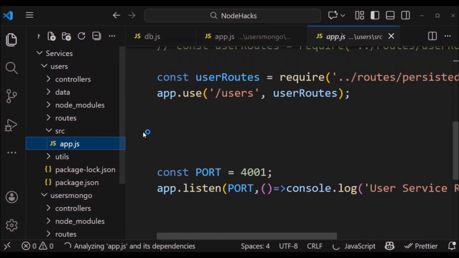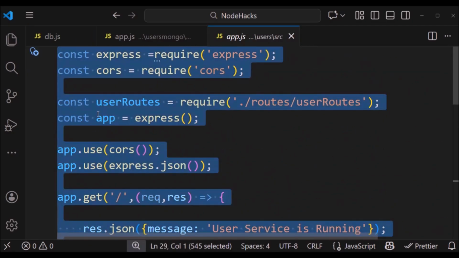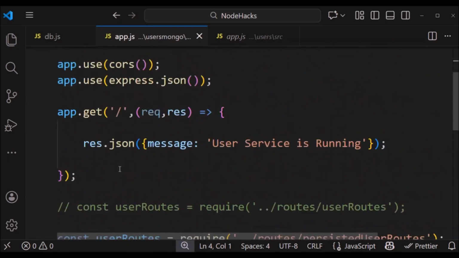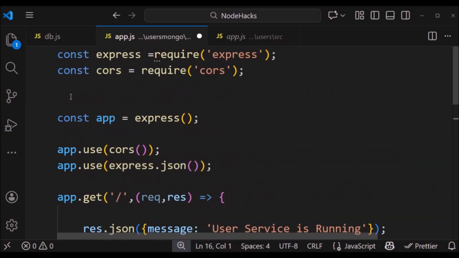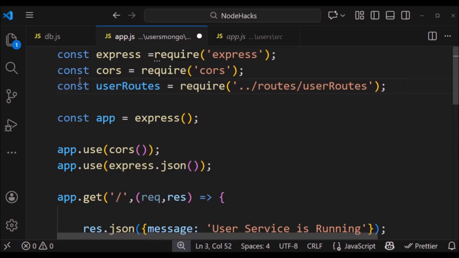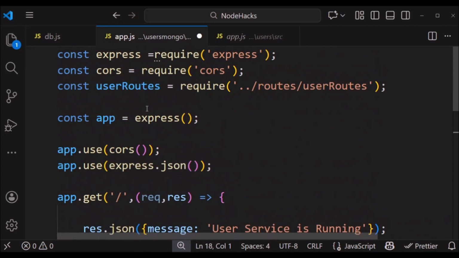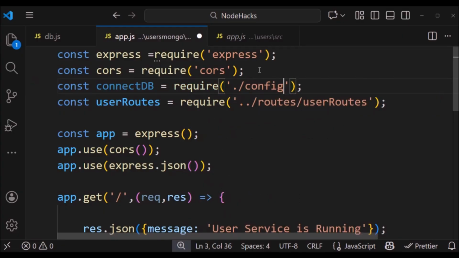I will copy the basic code from the previous app.js file of our user service and paste it here. Inside the file, I will shift the user routes object upward in the code for clarity. Moreover, in this file, only two major changes will be made. First, I will import connectDB, which is the database connection function, from config/db.js.